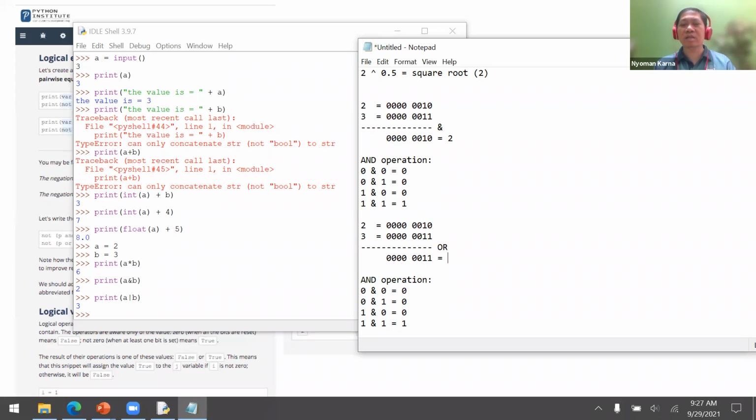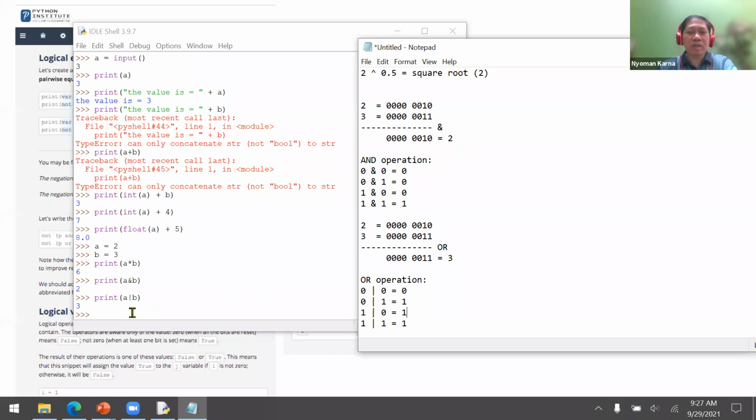So the result is 3. So in the OR operator, this one is 1, this one is 1. Only 0 plus 0 is 0.